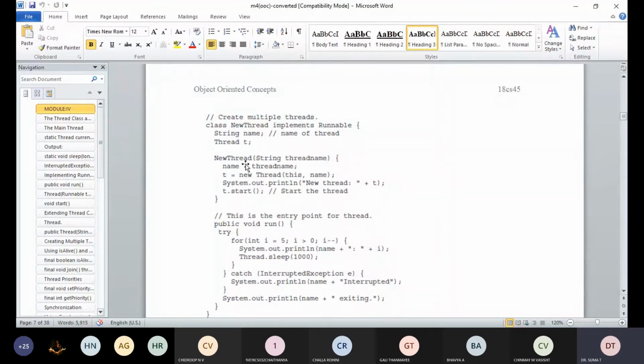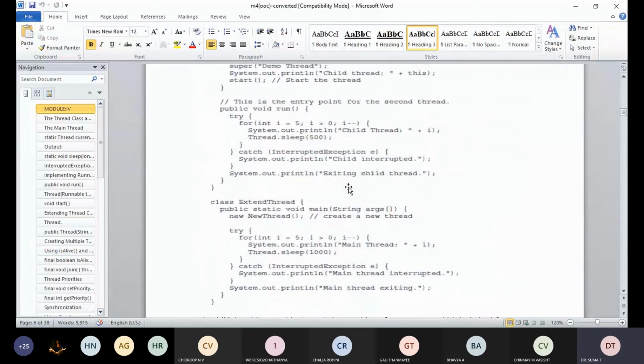In turn, the thread name will be assigned as the name of the thread. Whichever thread you are giving, with the use of this operator we are implicitly assigning thread number 1, thread number 2, and thread number 3. Okay, this is how the process is carried out for creation of multiple threads.